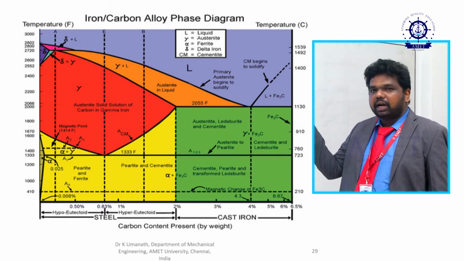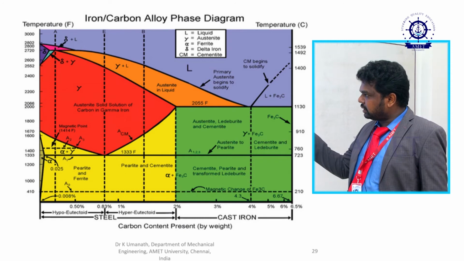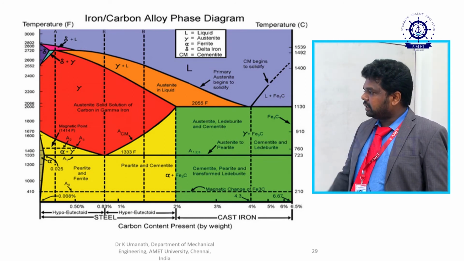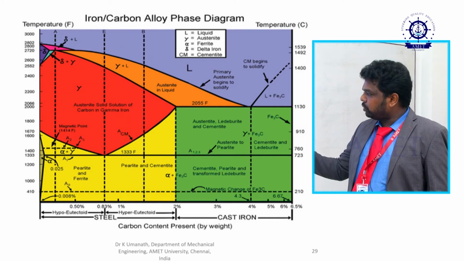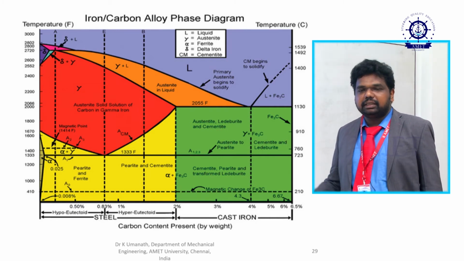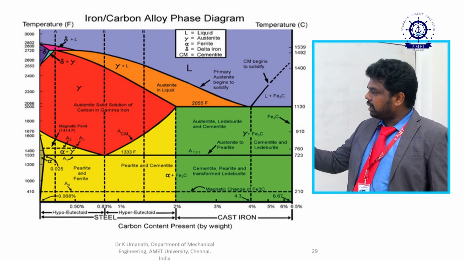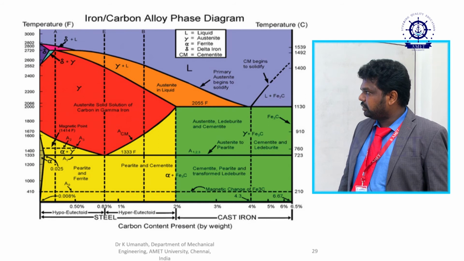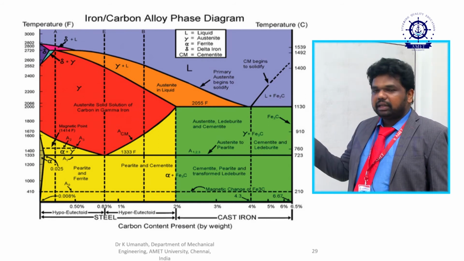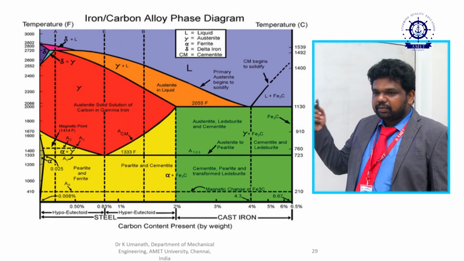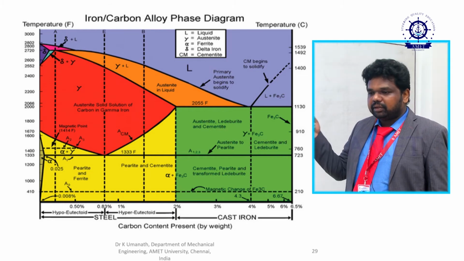When you add carbon content to that iron, different phase formations occur. One is austenitic steel, which occurs up to 2 percent carbon. So why are these steels very important? Because of the austenitic structure. It gives a lot of strength and toughness to the metal, and that's why it is used so largely.